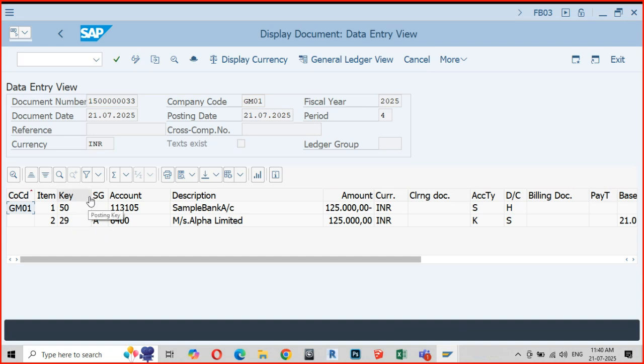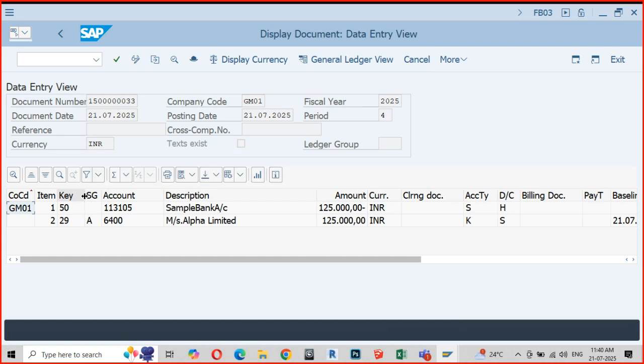You saw that A when I was doing that transaction. The same A has appeared. So your posting key for your down payments, for your advances made or received, is always accompanied with the indicator. Are you getting my point?